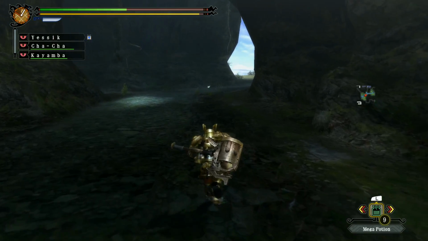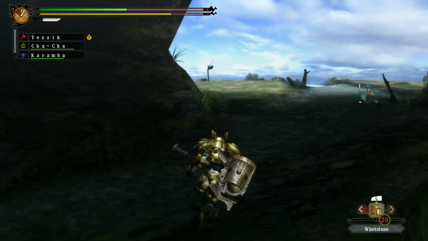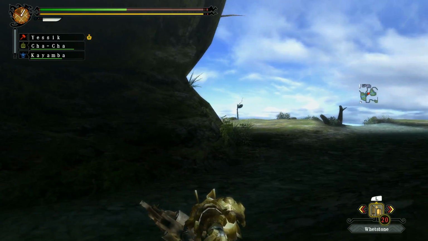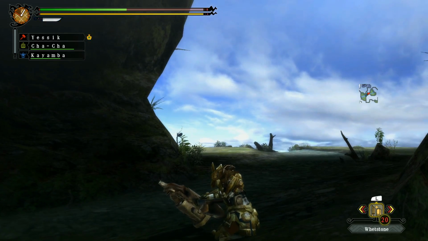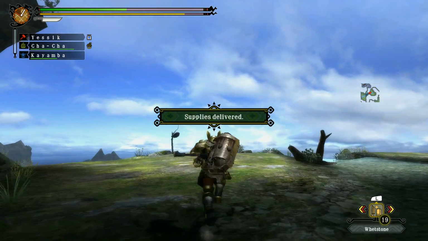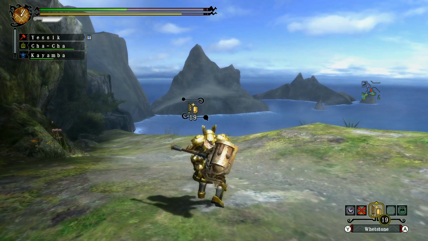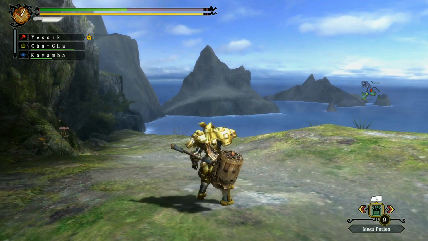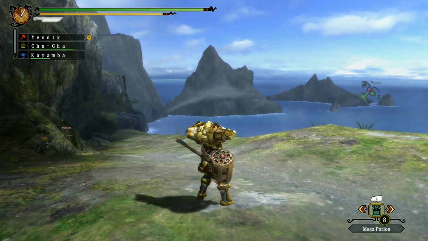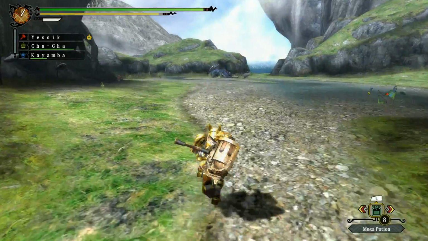And Nargacuga is escaping in this direction. So just gonna down myself a whetstone. It was not limping, but I think I should be able to get it to start limping if I go into one more area. And supplies have already been delivered. So I'm in good shape. Might as well down a Mega Potion. Actually, since I didn't bring the ingredients to make more Mega Potions, I should probably actually be downing...